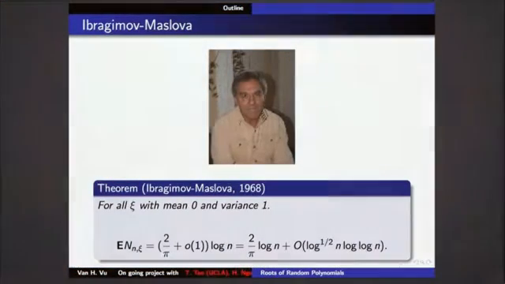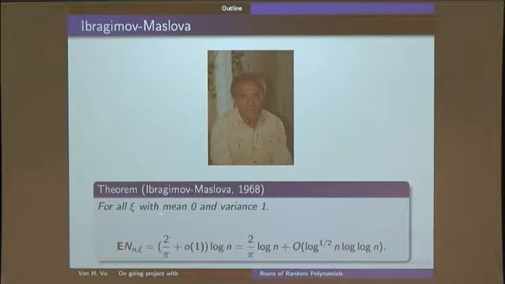Later on, Ibragimov and Maslova generalized the proof of Erdos-Offord to other random variables with mean 0 and variance 1 and got the asymptotic formula. And if you go into the proof, it's even more complicated than Erdos-Offord, and if you optimize everything, probably you will get the error term of order square root log n